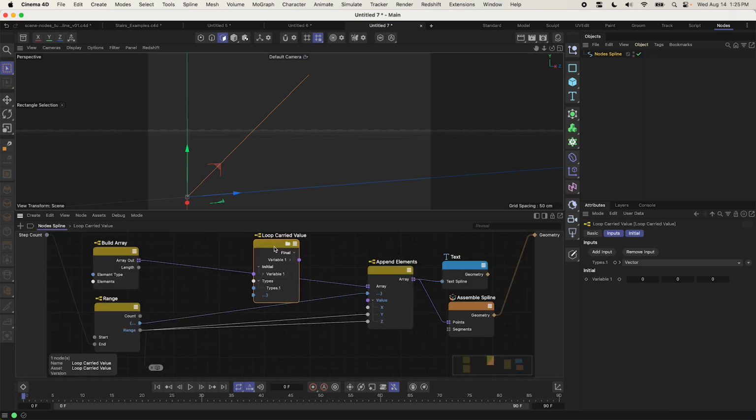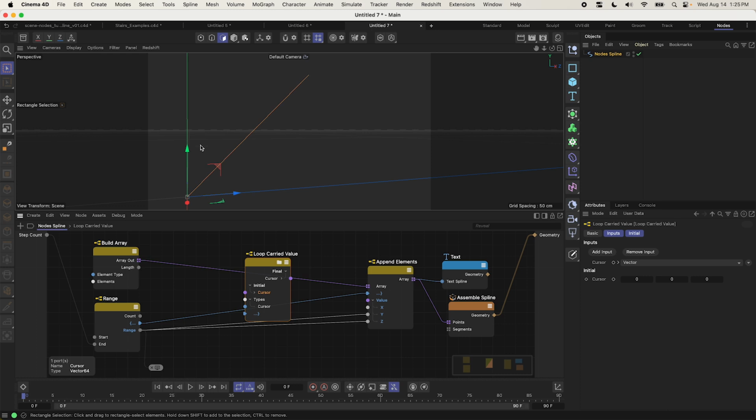So there's a couple of ways that we could do this. I like to generally have, for things like this, a variable that I call cursor. So I'm going to take this variable 1, I'm going to rename it cursor, because I like to think of just kind of like what I would do with my mouse as I'm working. How am I moving my individual sort of working point along? The other thing that you can do is to add